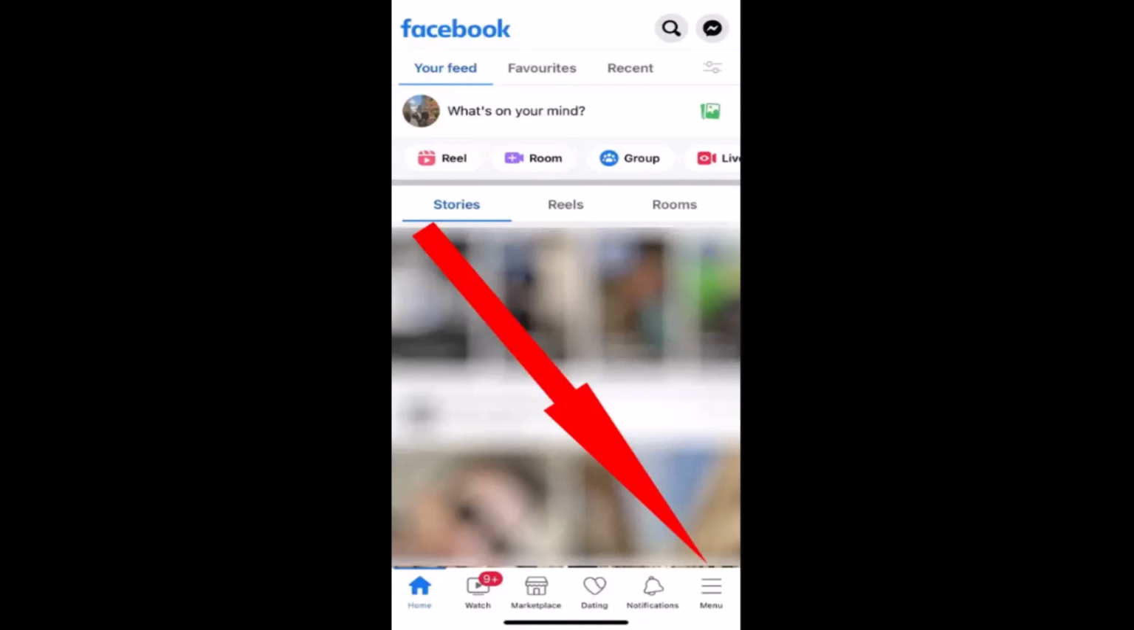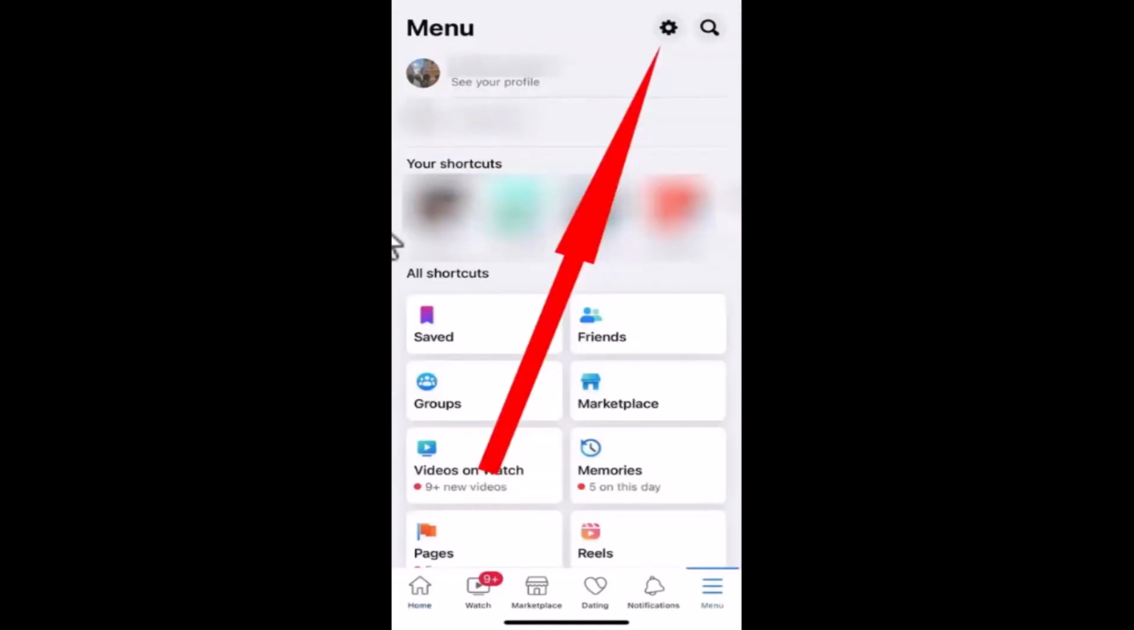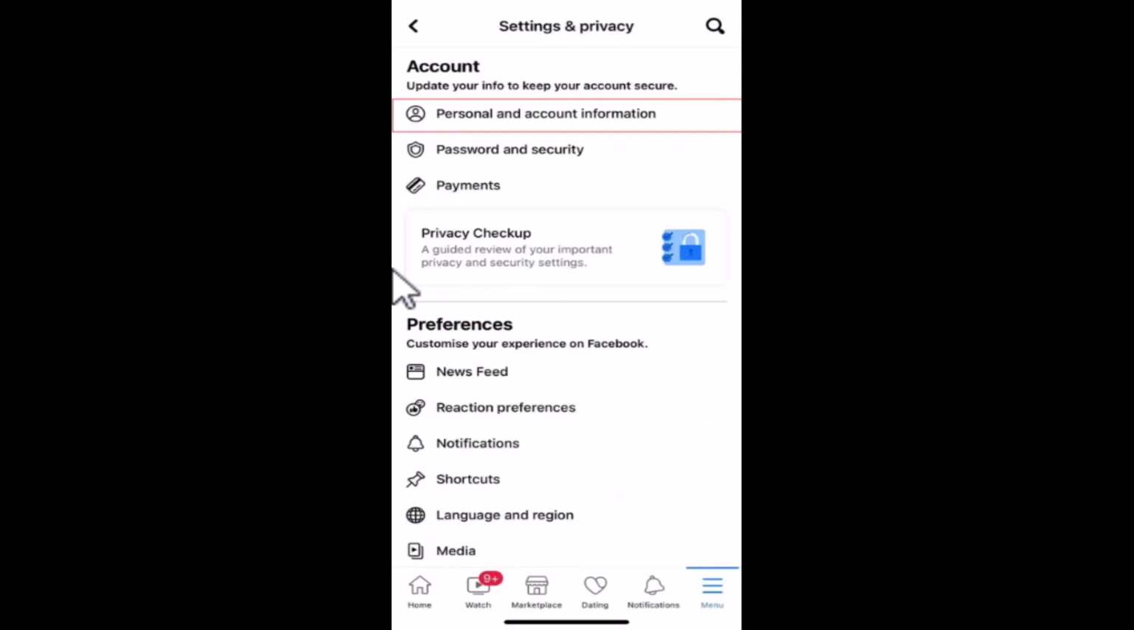So in order to change your primary email address on Facebook, first of all, you need to log in to your account. After you're logged into your account, tap on the menu bar icon located in the bottom right corner of your screen. As you click on the tab bar icon, you'll be directed to the menu page, and right on top you need to click on the gear icon. Click on the gear icon, you need to click on settings, and once you click on settings, you'll be directed to